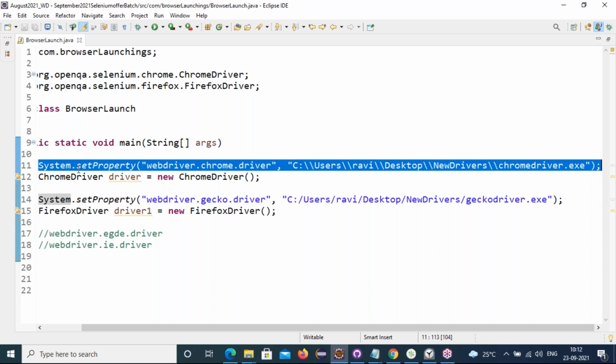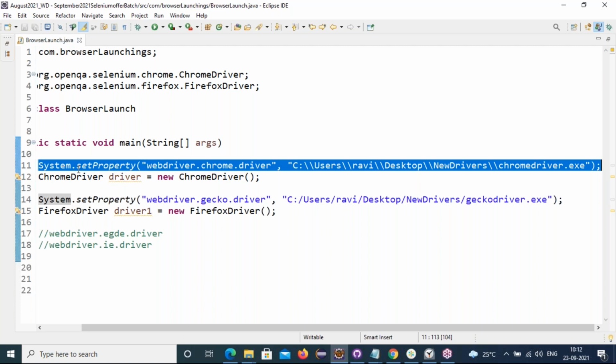If the browser version updates, will it work? No, sir, it won't work. We have to change it. Even system environment variables, even through script, what you set up will not work for long. I said at the start, whichever version of browser is in your system, you need to download the drivers supported for that browser.